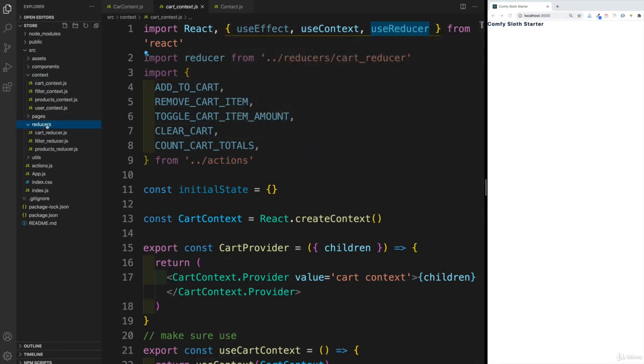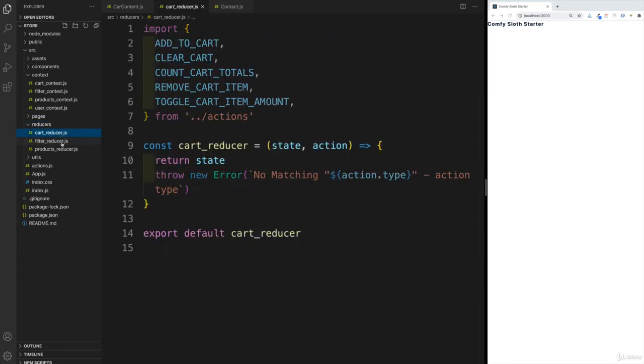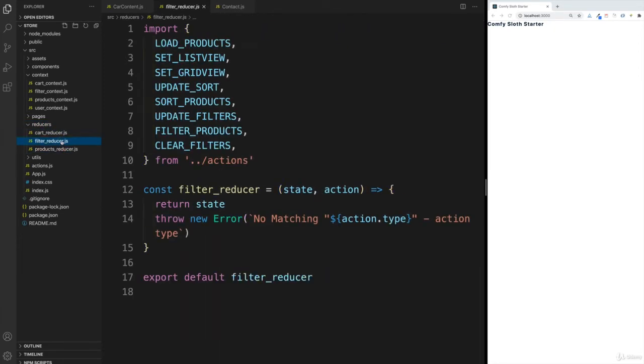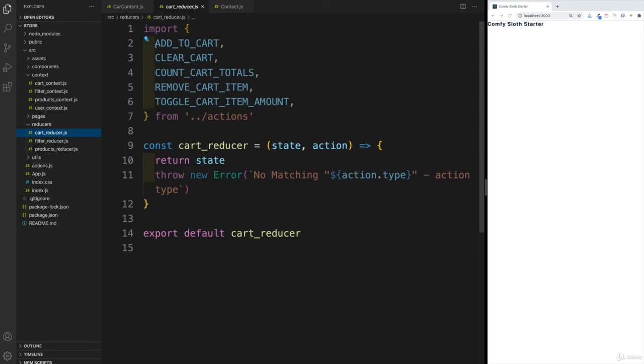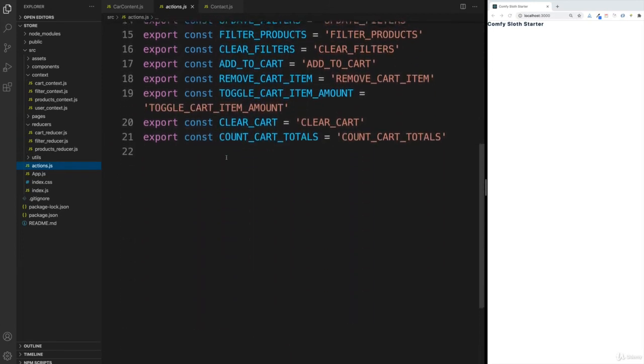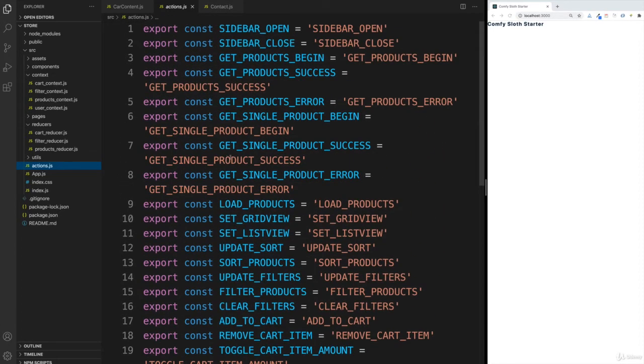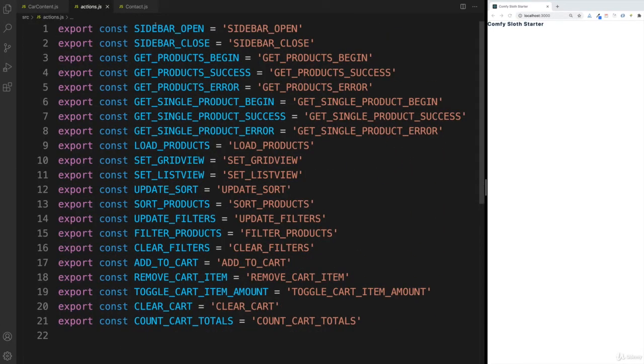And in there we have files. We have all the reducers. And here I right away have all the actions. Because again, if you take a look at the actions, I did not really see the point of us retyping this together. Essentially, we have the actions, and I have the variables that have the string value. I didn't see any benefit of typing this together with you since we already know how to create them.